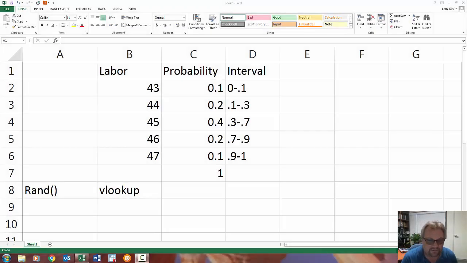Okay, so this is the second video for chapter 12. What I'm going to do now is go through the book and show you how to set up some of these various simulations. I'm going to try to break the setup into 3 videos, and then in the 4th, I'm going to bring everything together in one spreadsheet in order to calculate